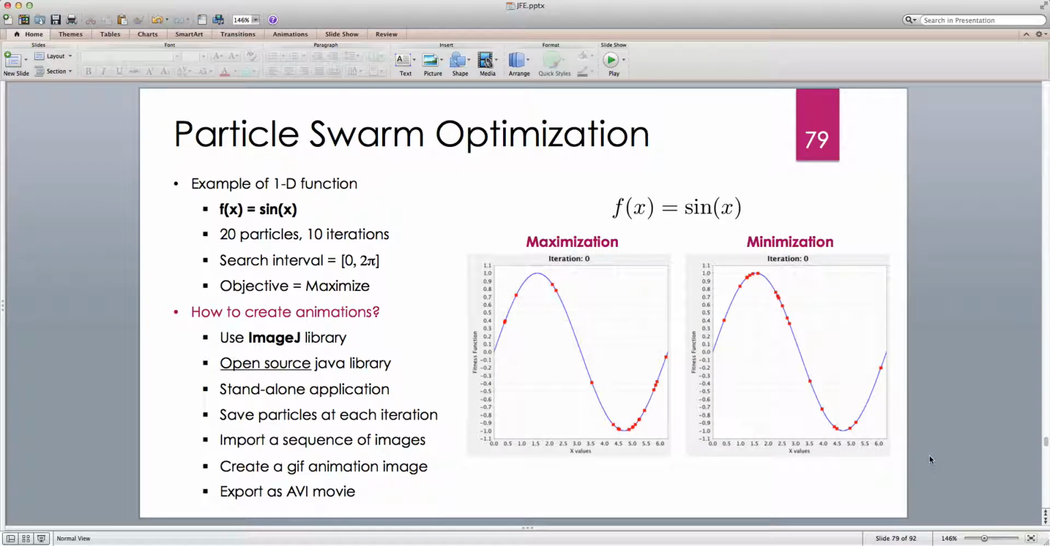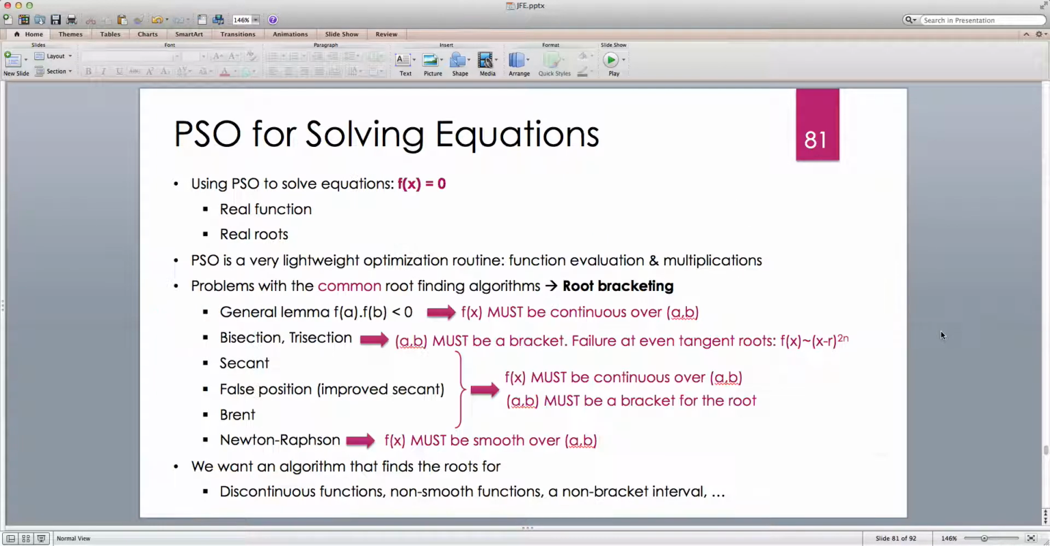And the good thing is that PSO is immediately scalable to more than one dimension, but having a nice visualization in more than two dimensions, let's say, is not that nice. We can have a very nice visualization of what happens to the particles in one dimension or two dimensions. But now let's have